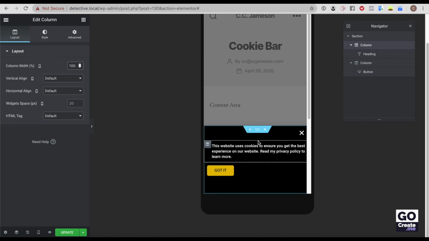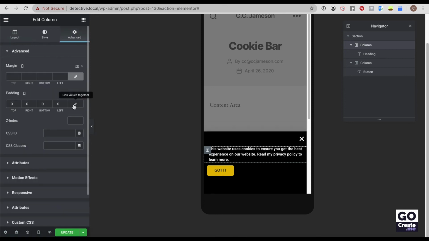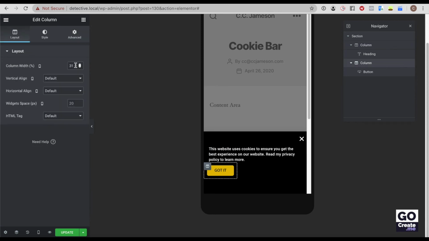Now my right edge is touching the edge of the device. I'm going to go under advanced, unlink my values. I'm going to put 20 pixels to the right if needed. Feel free to adjust your values so nothing touches the edges of that box. Maybe I want to increase it a little bit. I think that works. And then I will click on my column here,